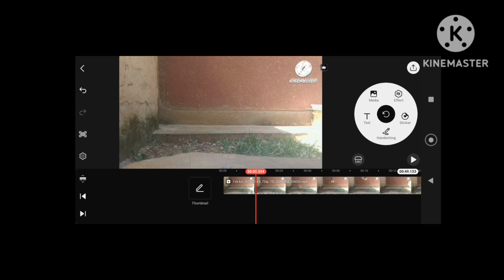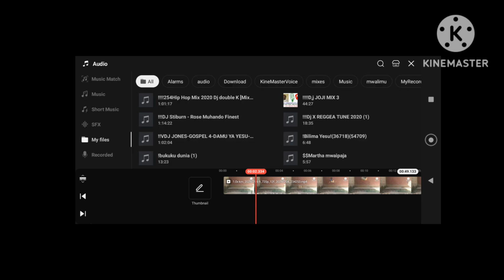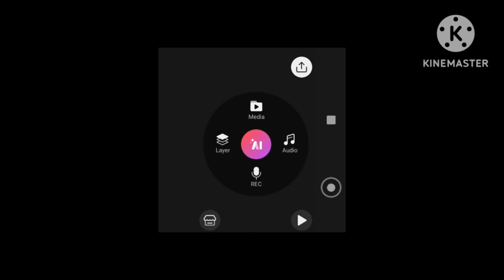On KineMaster, you can add audio and music. You want to have entertaining videos, so you can add music so that you can entertain your audience. How do you add audio in your KineMaster project? 1. Tap the audio icon on the media wheel.